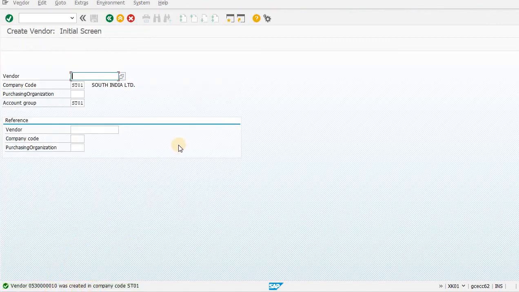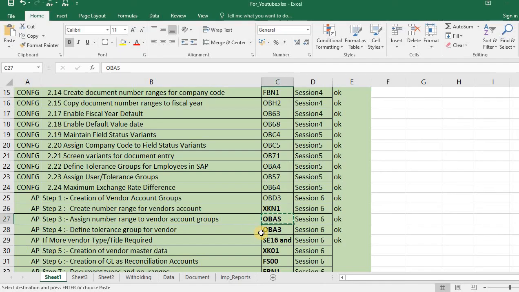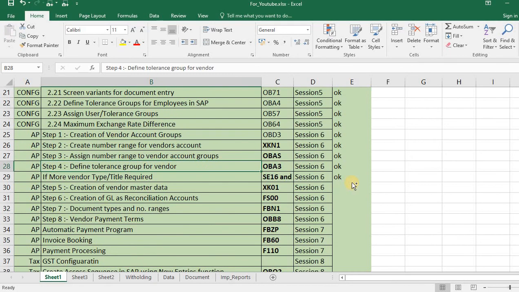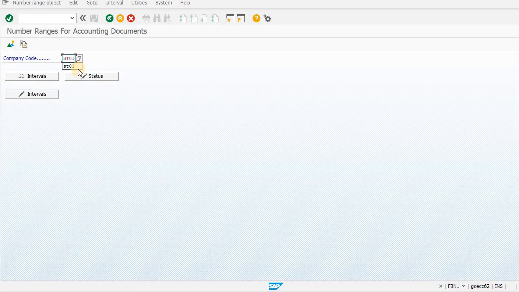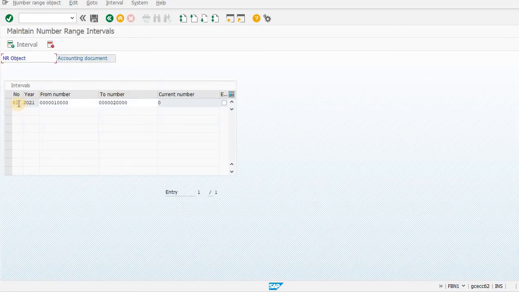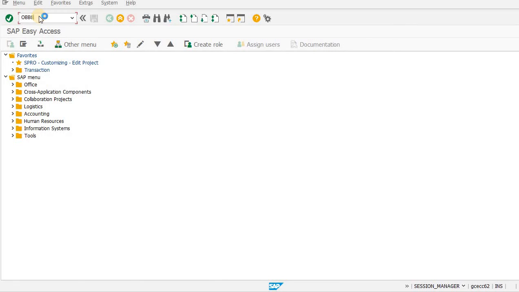So now our vendor has been created. Now go back. Now this is also done, this is also done. Now document number ranges for AP entry, SC01 interval. So we already defined 01, it will work like that. 10000 and 20000.